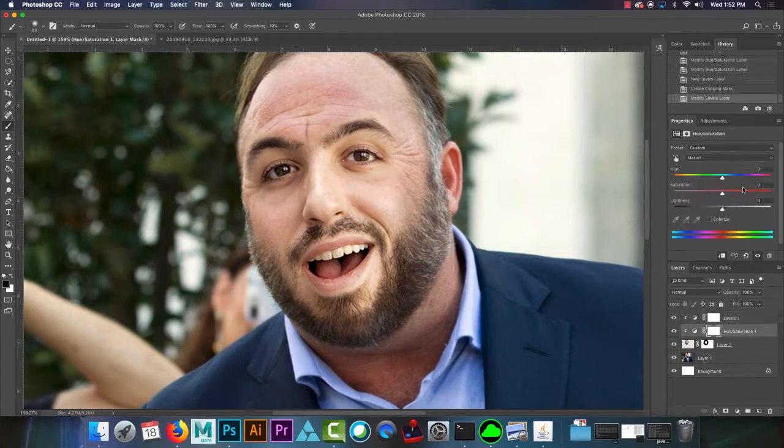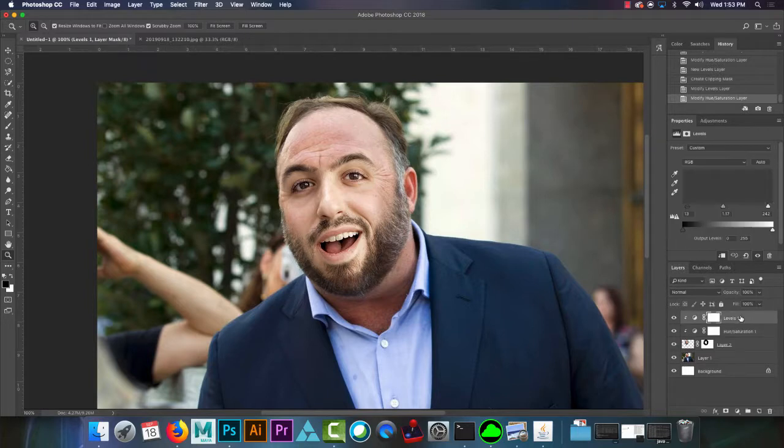Now I'm going to flip back to my HuSat because I think it's a little bit, go back to my yellows. So that's the area that I'm affecting right now just with my saturation. So I'm going to tone down my yellow saturation a little bit. And I'm going to check my red saturation a little bit. I think it is a touch too high. There we go. Yeah, just dial it down a touch. Okay. So before, after,